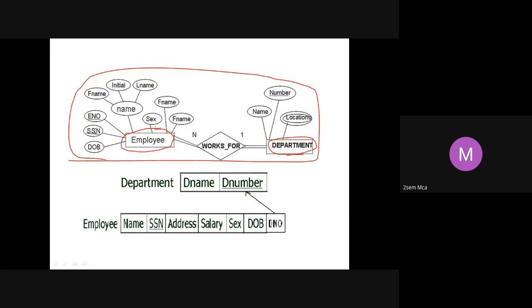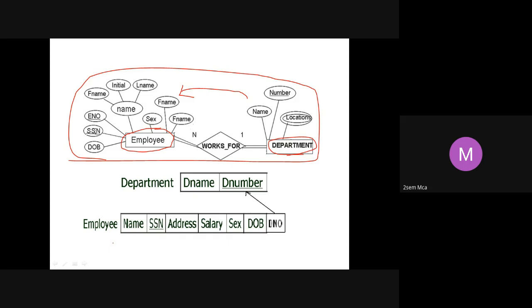Whenever you have that, always include the primary key of the one side of the relation as a foreign key in the n side of the relation. That is how you convert a one-to-n relationship. First, identify which is the one side and which is the n side. Here, one side is department. One department has n number of employees.